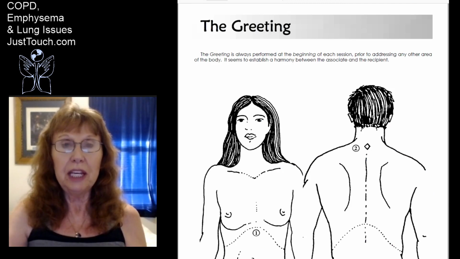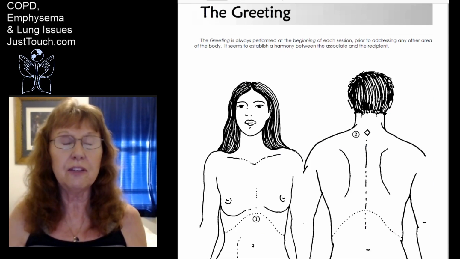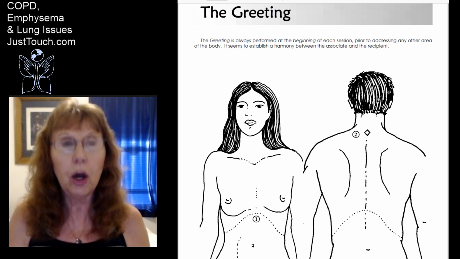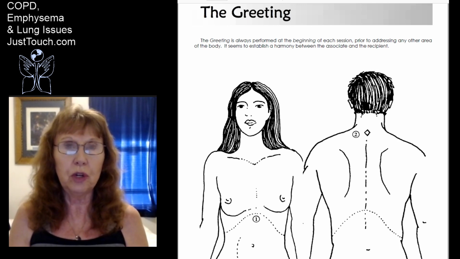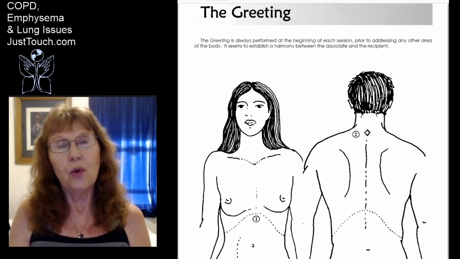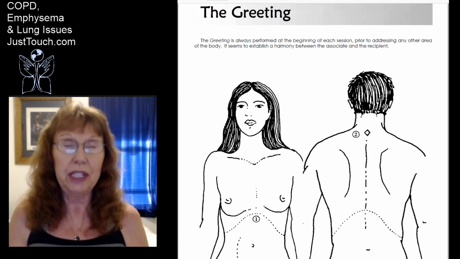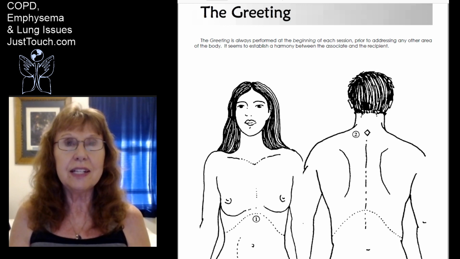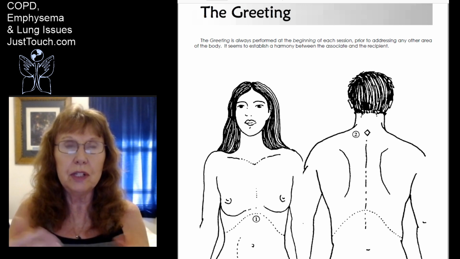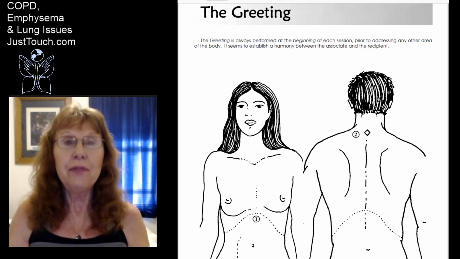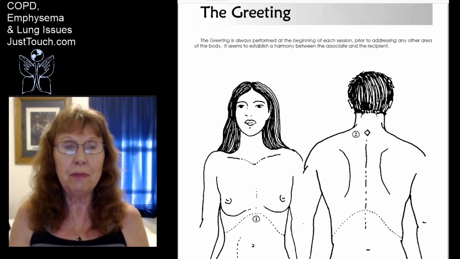So let's begin to learn the sets of points that you can use to help somebody with COPD, emphysema, any respiratory condition. So we have what we call the greeting. This is a must before you do anything else. It puts the person that is performing BioTouch, we call that person the associate, and the recipient, the one that is receiving BioTouch,